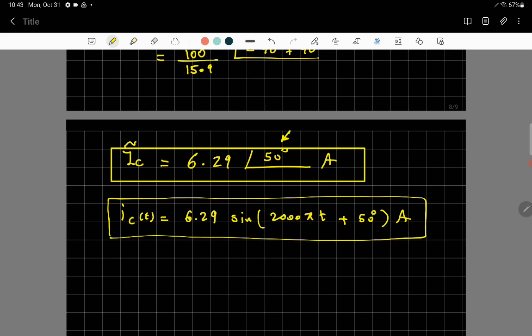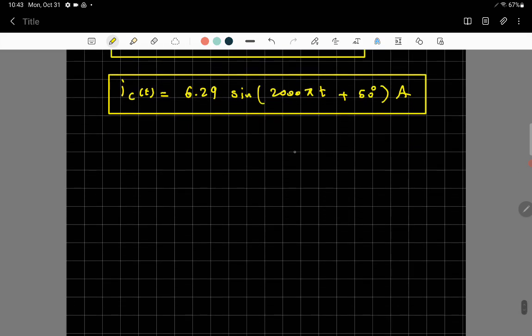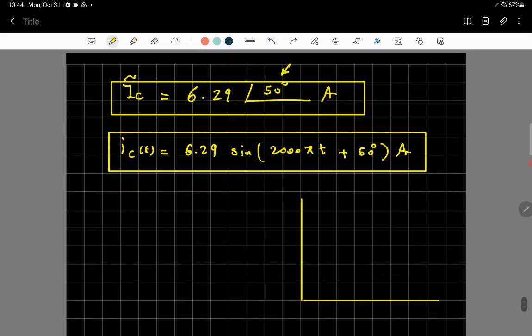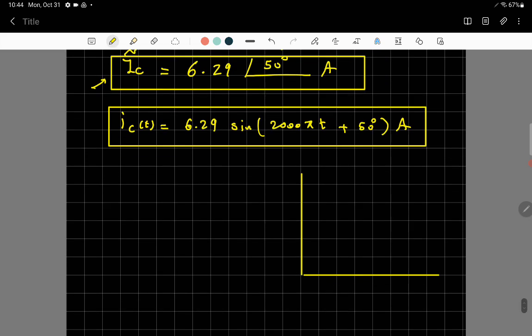So express both as a phasor and as a function in the time domain. I'd like to sketch the relationship between both. That's omega. I'm sorry. I'm making the relationship between the phasors. So that's the current phasor, 6.29 on angle 50. So let's say this is 50, and that's the current, 50 degrees. And the magnitude is equal